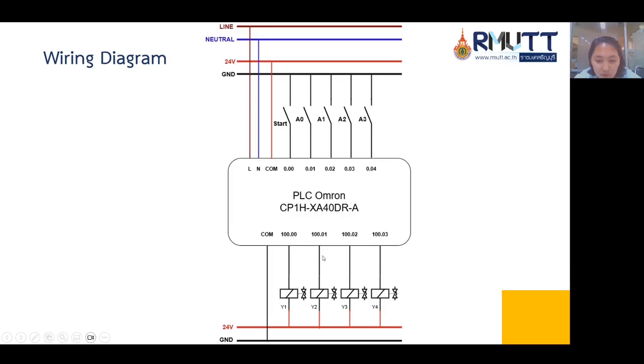For solenoid Y2 is 100.01, and for solenoid Y3 is 100.02, and for solenoid Y4 using 100.03, and this is the connection to the power come to the ground, and this is for the solenoid to the 24 volt.